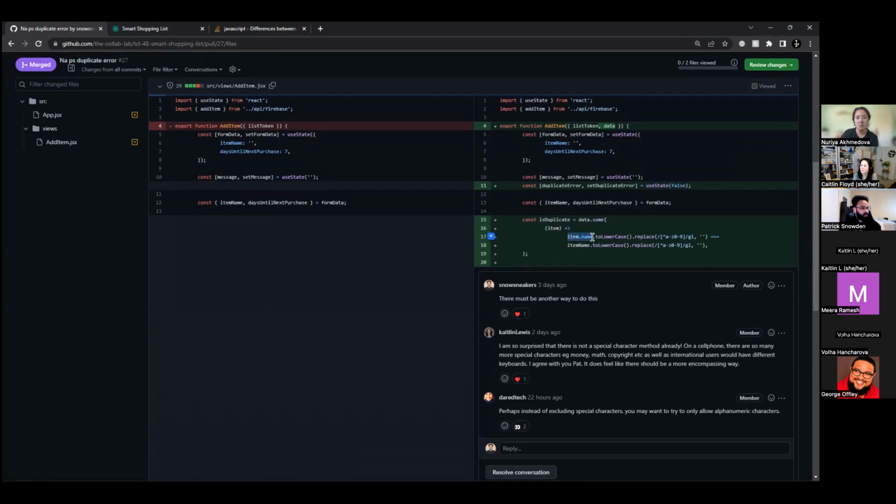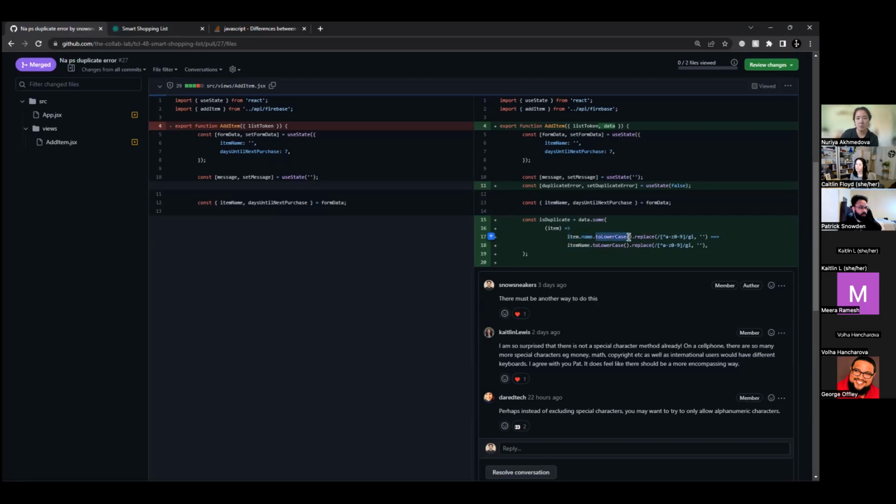We compare the item name, which is the user input, to the item name that's in the list right now, and we do data.some. If there's one true, then .some returns true, whereas .every is if they're all true.